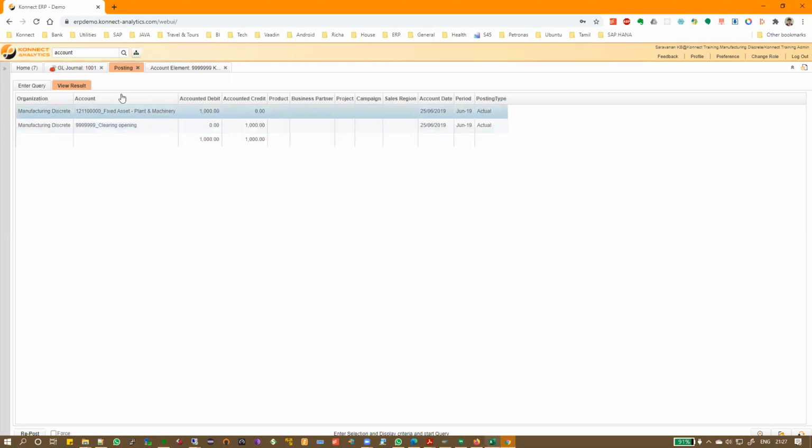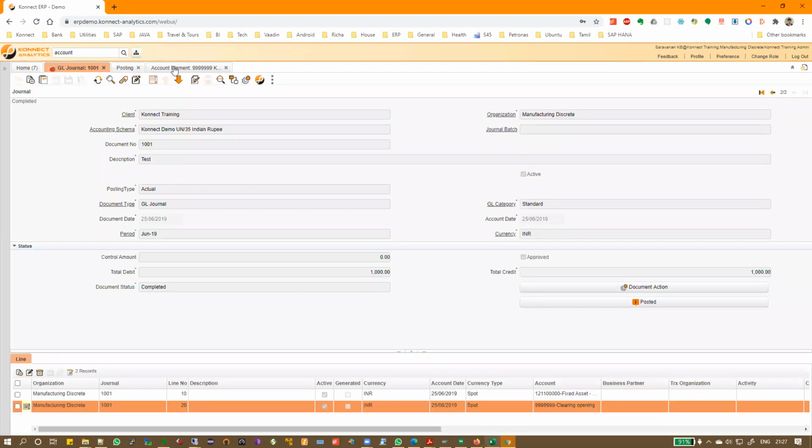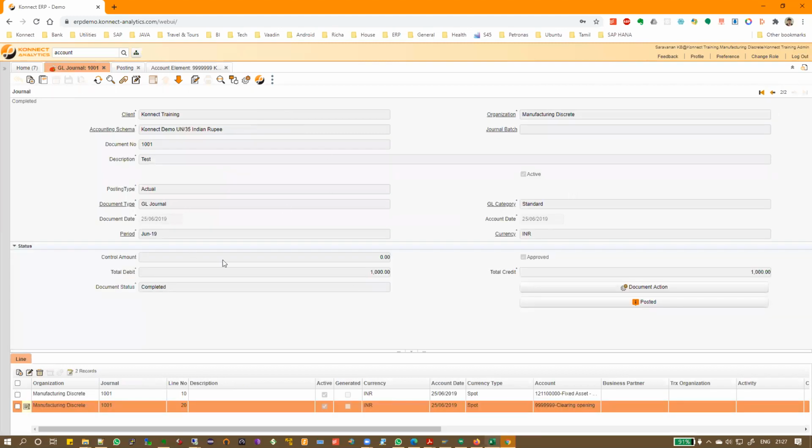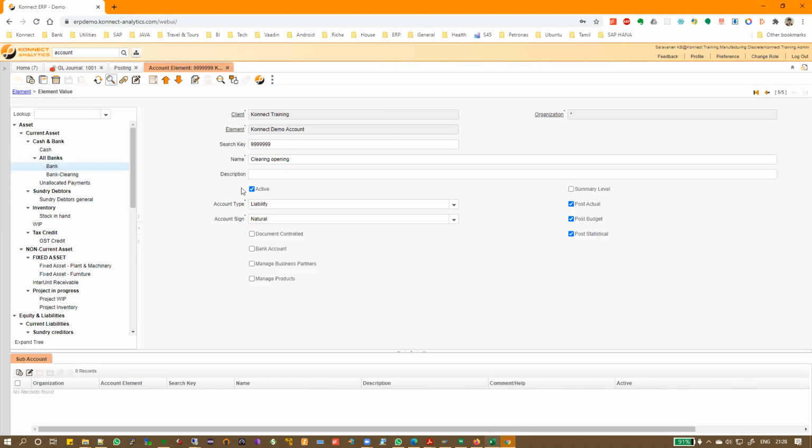Okay, but if you see, I did some specific selection here where it got only 5 records. What does the selection mean? The selection means very simple. Now, if you see this document control, right? Any ledger you put as document control means only indirect posting is allowed. You can read the text also. If an account is controlled by document, you cannot post manually to it. That means you cannot create a GL journal for any document controlled item. Okay, so that is why we have a strict control.